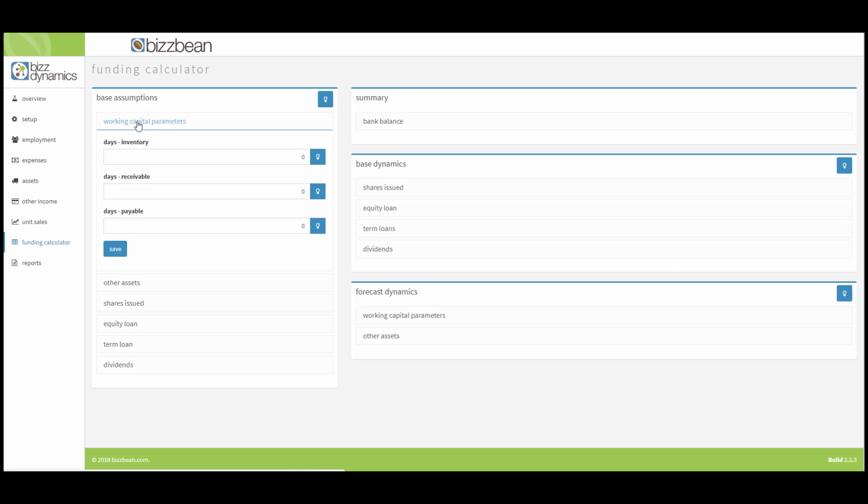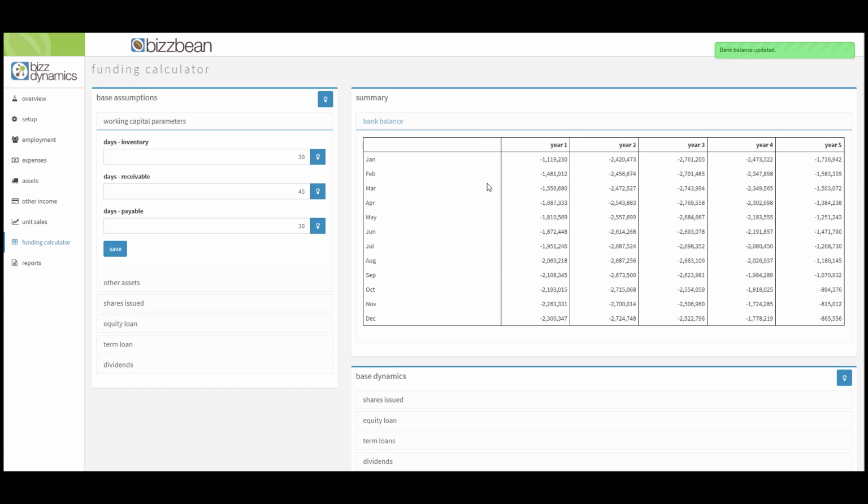applied some working capital assumptions yet, and we would probably need to keep some stock, some inventory. We'd probably have debtors of 45 days, and we may be able to get terms from our supplier. And once we do that, we have a look at our bank balance. Now we can see it's got even worse. We can see that we really need to do some funding here and find some money to fund